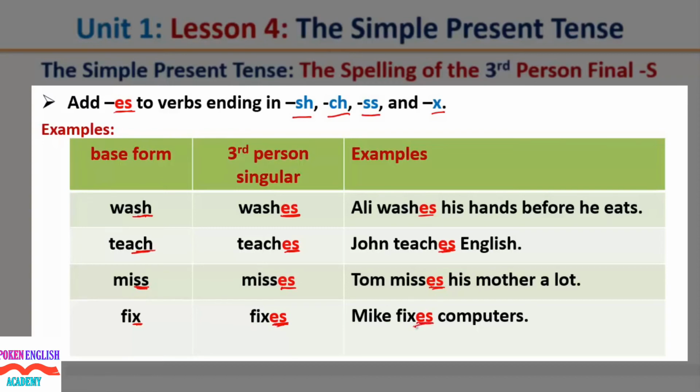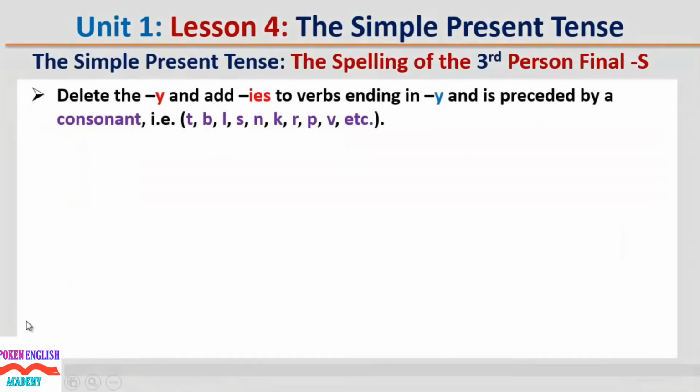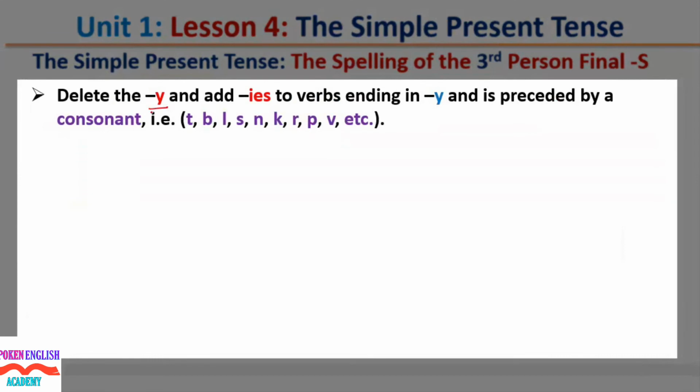Mike fixes computers. Delete the y and add ies to verbs ending in y and preceded by a consonant. A consonant like t, b, l, s, n, k, r, p, v, etc. These letters are called consonants. Examples: